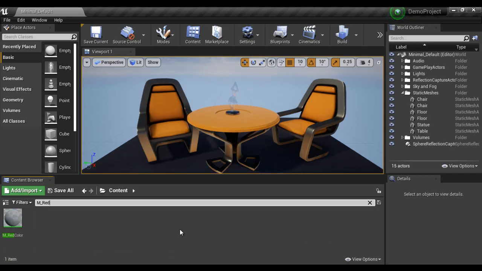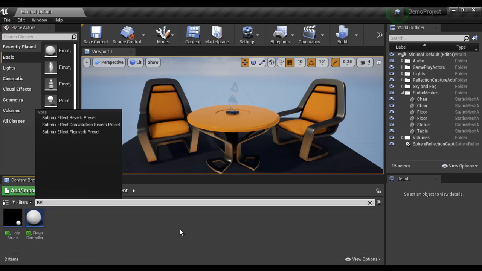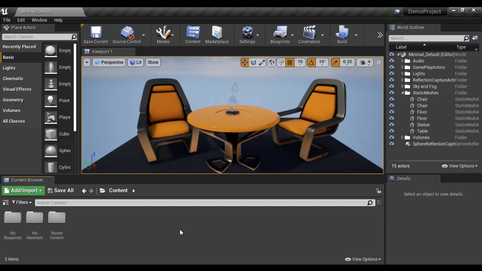So based on the name of the asset, you can search it, guys. For example, if I say BP, you can see that it is showing BP underscore light studio, and BP underscore player controller. So I can quickly search for an asset and work with it, guys. So that is the use of this search content text box.